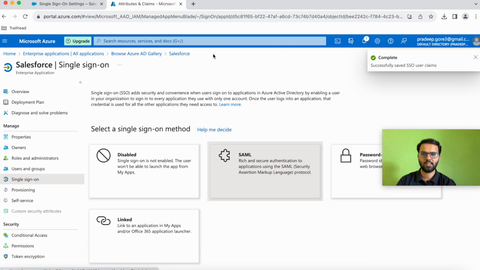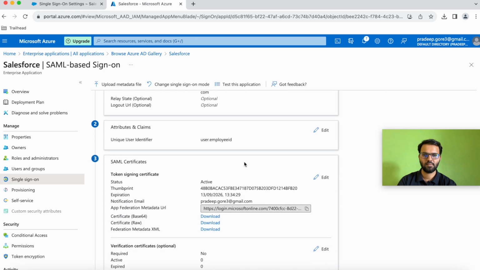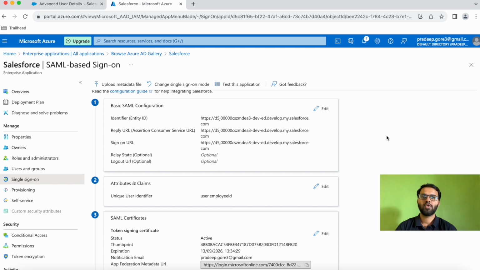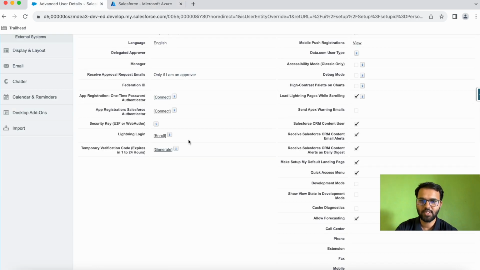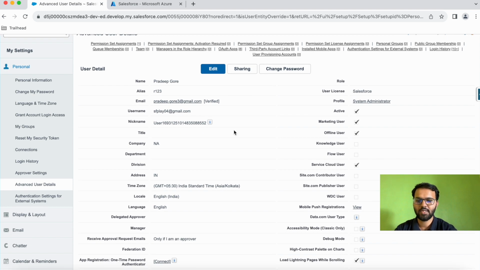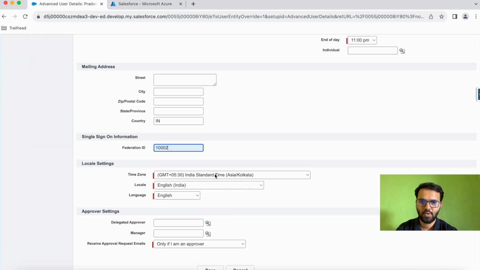Go back to our single sign-on form. Okay, so I've removed all the fields and kept employee ID. So employee ID field is the common field between Azure user and Salesforce user. If you look at my user, this is my user, and we'll search for Federation ID here. Okay, it's an empty field. So what we can do is go to edit and populate this Federation identifier and save it,